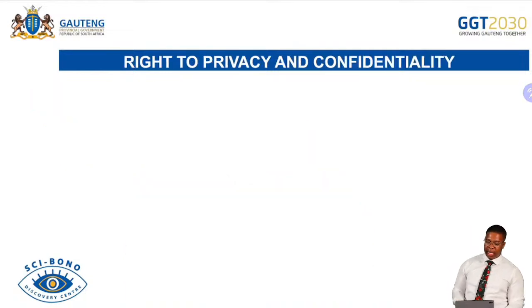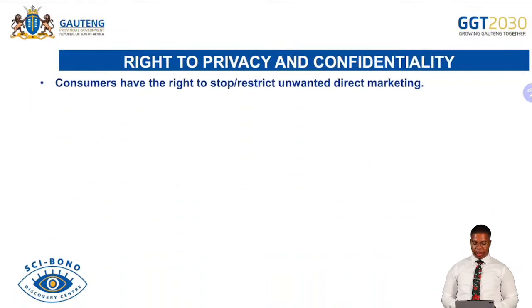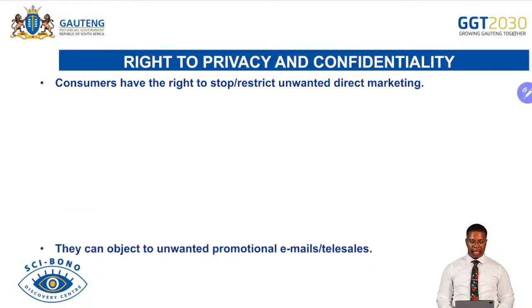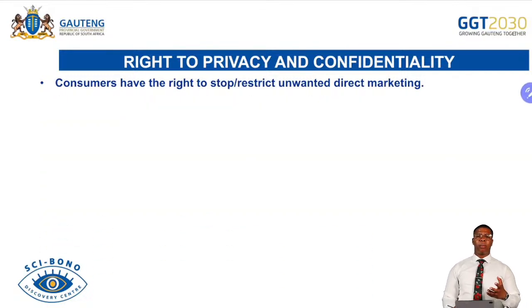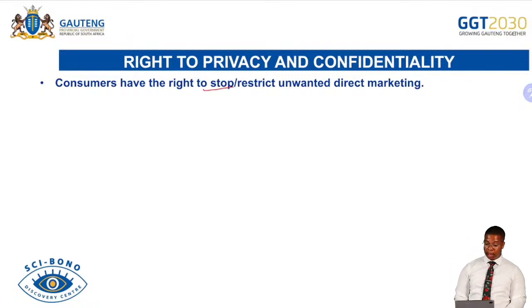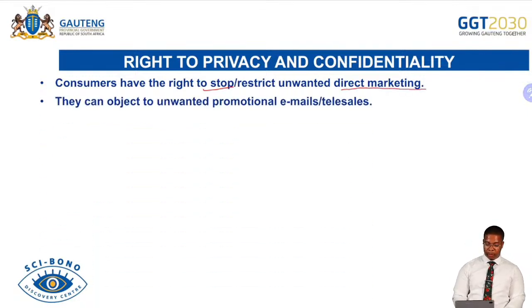Then the right to privacy and confidentiality. Consumers have a right to what? To stop or restrict unwanted direct marketing. So this would normally happen when a consumer maybe is getting a direct call, and in that direct call they are trying to sell a particular product. Consumers have a right to stop that from happening because this is direct marketing. Then they can object to unwanted promotional